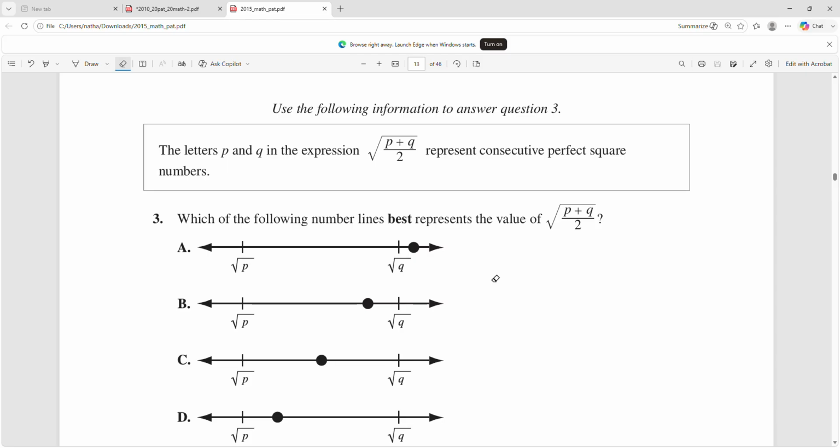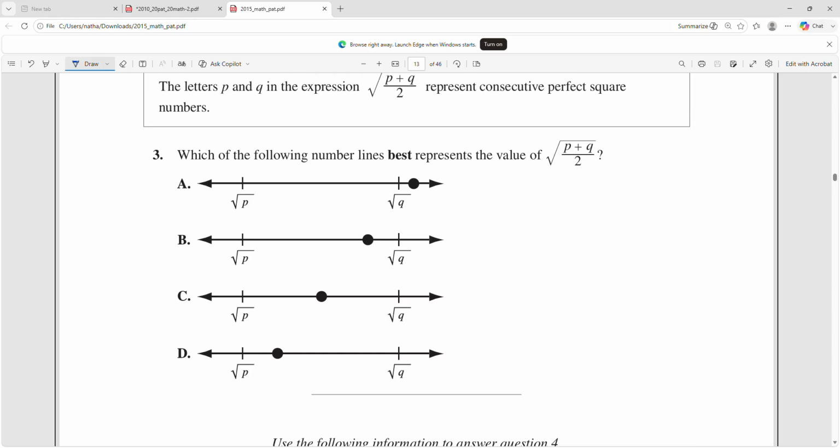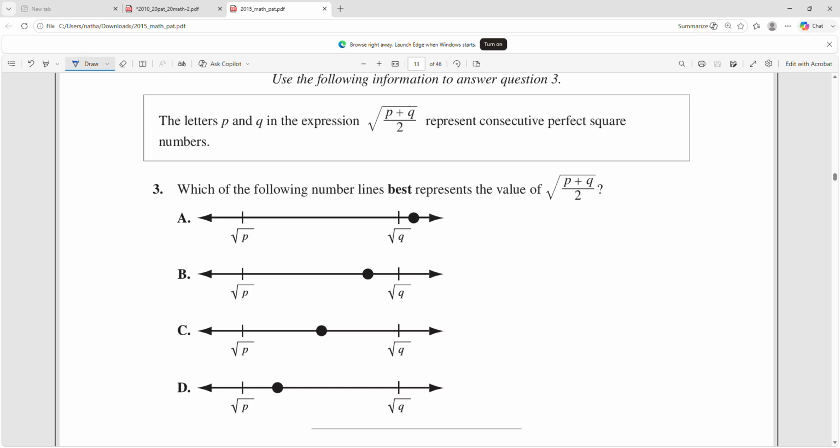All right, next, use the following information to answer question 3. We've done this one before. We take the square root of p plus q over 2. I'll read the question again. The letters p and q in the expression, the square root of p plus q over 2, represent